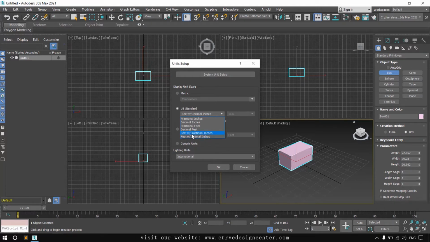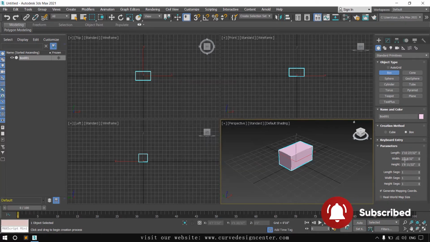If you choose the fractional inches option, there are fractions, and you can choose according to your accuracy. Then choose inches in the default unit option. When you place 10, 3ds Max calculates that as inches, not feet, so always choose inches and then click on the OK button. So the vertex text is now changed. By using the Unit Setup flyout, you can easily change the unit setup in 3ds Max.